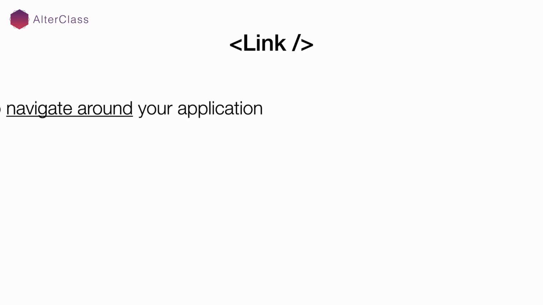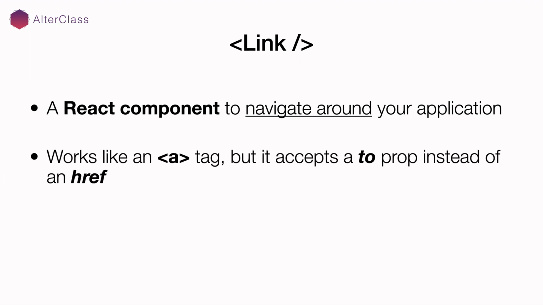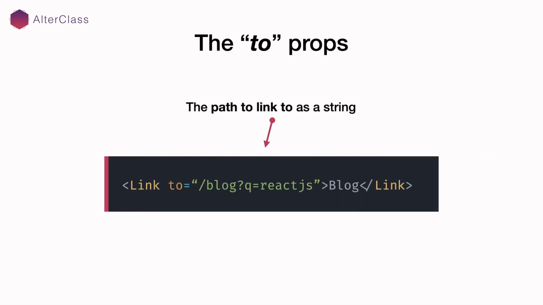If we want the user to navigate around our application, we can use the Link component from React Router. This React component provides a declarative and accessible way to enable navigation by rendering an anchor tag. It accepts a to prop instead of an href to specify the path to link to. This to prop can be defined using a single string representing the location pathname, the query strings, and the hash